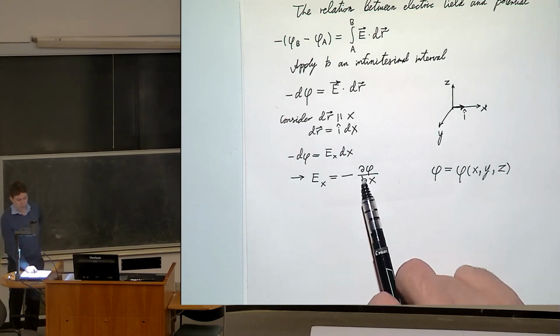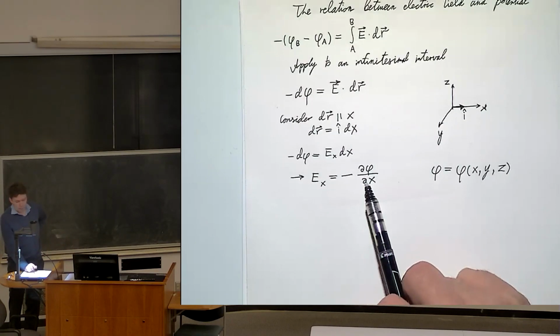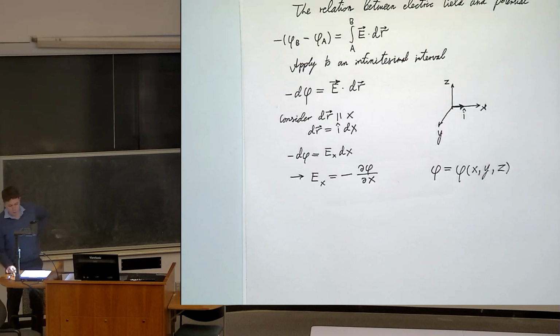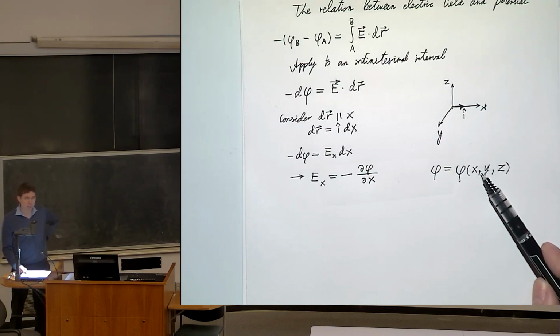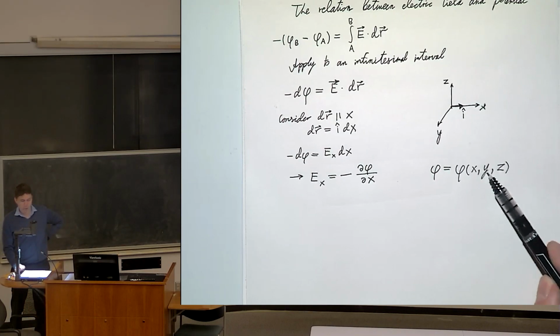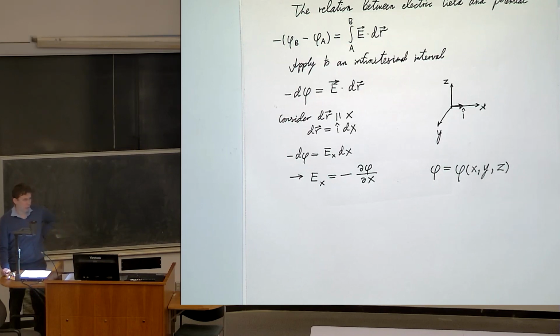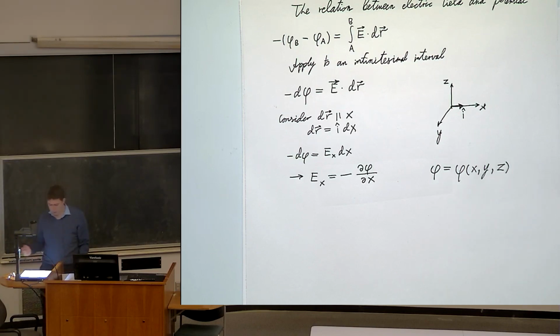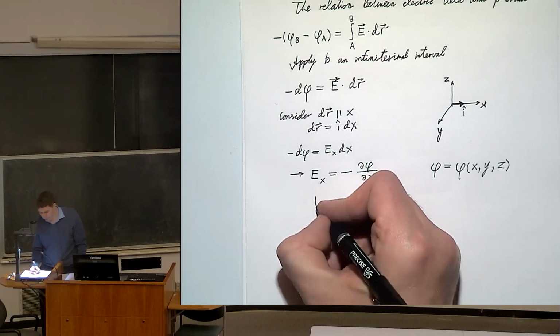And this is called a partial derivative, meaning that we differentiate with respect to x only, as if the other two variables were constants. So basically it's the same derivative that you had before, it's just a different notation for it, just differentiate this with respect to x. And the same formulas can be written